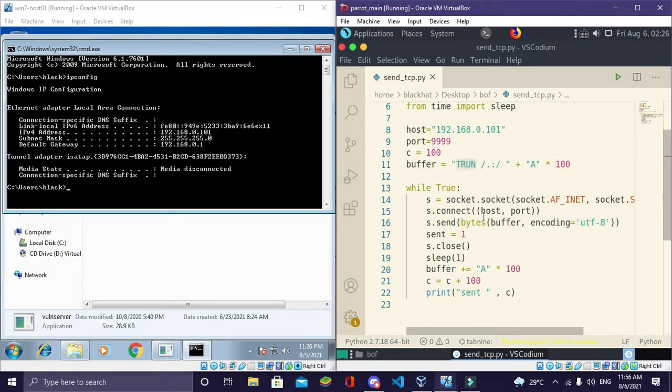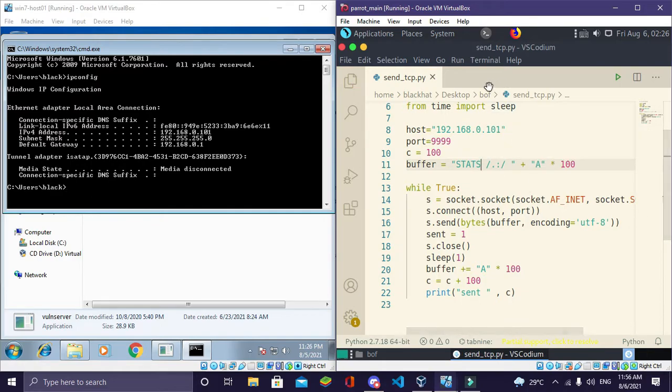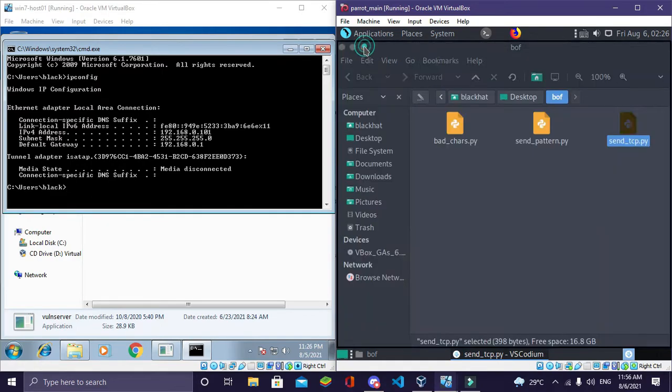Instead of this trun, I'll add STATS here. Okay, now I'll save it and let's run this and see what will happen.